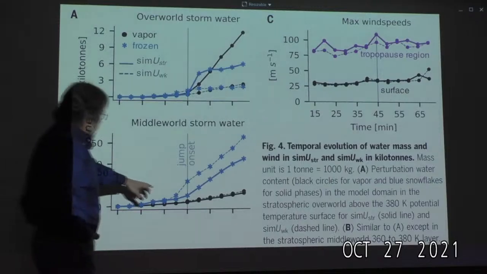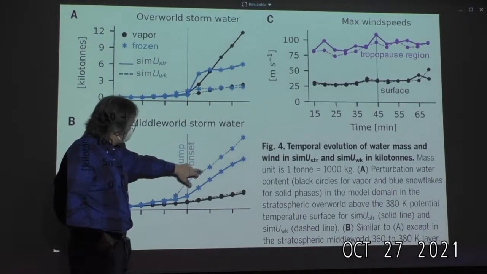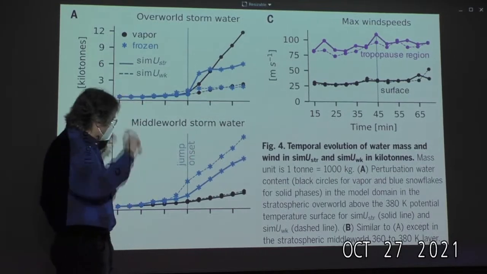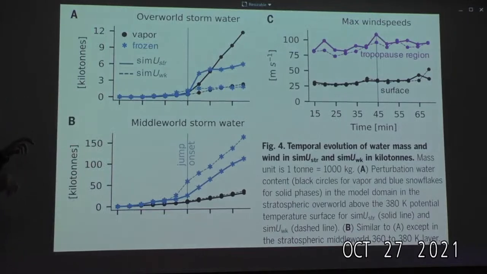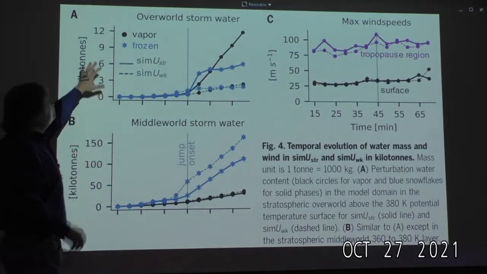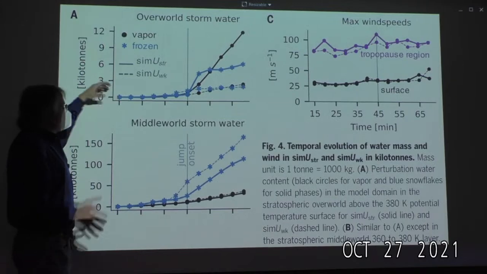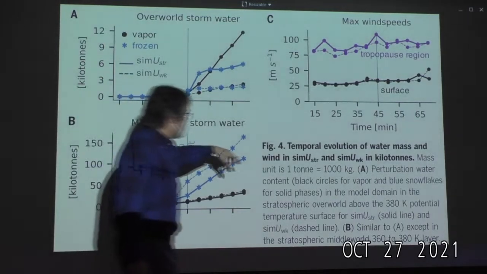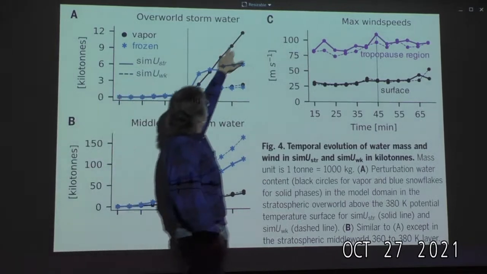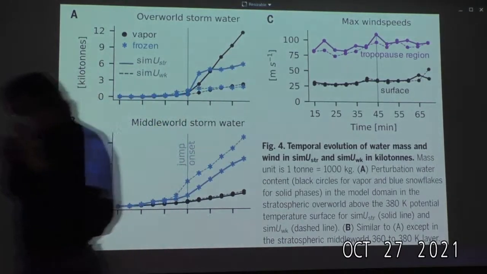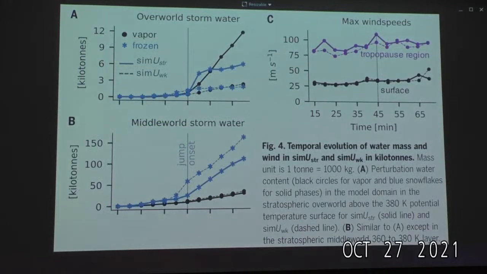Even though the actual total amount of ice from the weak storm is more than the strong storm in, let's call it, the lower stratosphere, middle world, the upper stratosphere, or I guess, I don't know, I'm not much of a stratosphere guy, so just look at these theta lines, that's what he's calling them. We get this thing shooting up like crazy. So in other words, the jump is shoving air into the middle stratosphere, where it's not going to come out, right? For all intents and purposes, it's irreversible, okay? And I think that's interesting.